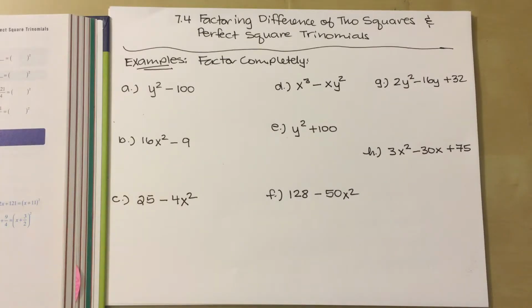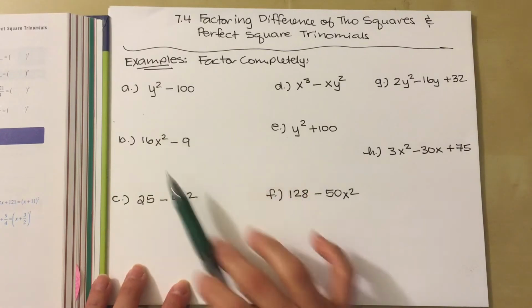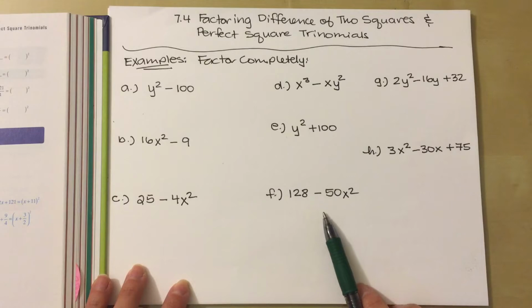Section 7.4, factoring difference of two squares and perfect square trinomials. A difference of two squares is a problem that has two terms only. Looking at example A through example F, those problems have two terms, and so those are possibly a difference of two squares. Let me explain quickly. Difference of two squares